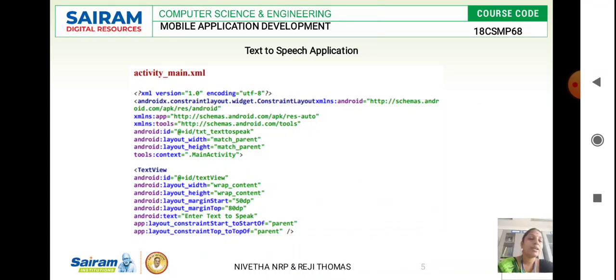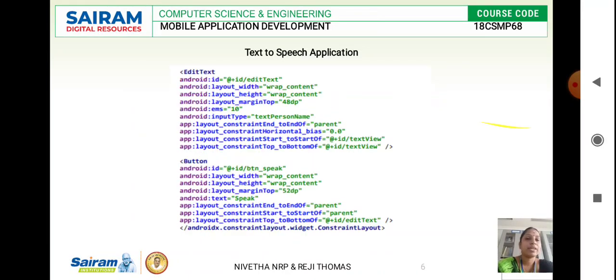And the text file. Okay, text view: when you click on the button, what is the text? How do you give the input to the application? You describe that using all the specifications: what is the width, what is the height, what are the margin boundaries, and what is the input we are going to give? The text is "enter text to speak". So you give that as an input, and we have to pass that, and for each and every button, the action trigger associated with it, we specify here.